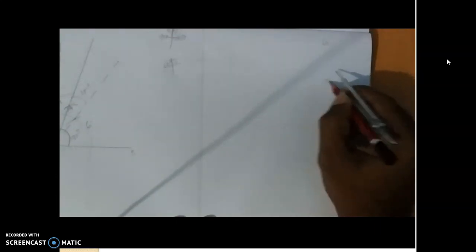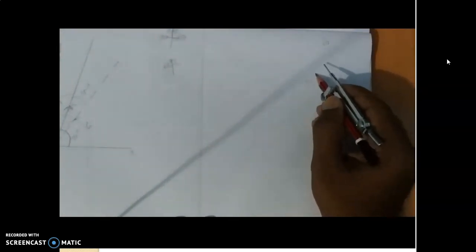Next I am going to construct a 105 degree angle. So how can we construct a 105 degree angle? For 105, definitely first you have to draw 60 degree. So 60 degree and 90 degree, and suppose here 120 is there. The gap between these two is nothing but 30 degree, and if you bisect this 30 degree, here 15, so 90 plus 15 is 105. So for 105 degree construction, first draw 60 degree, then 120 degree, then 90 degree, and then bisect between 120 and 90. That's it. So first draw 60 degree now.